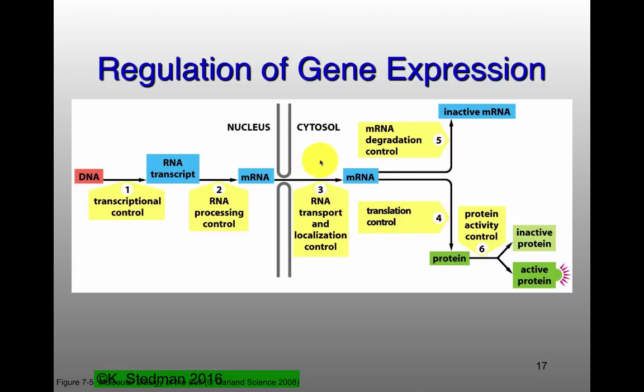How stable your messenger RNA is can determine how much protein you have, how much it gets translated, and then finally, this activity control, the very last step in terms of activity of a protein or lack of an active protein. This, of course, has happened way after you've made everything, so it's not terribly energetically efficient if you want to make a major change, but it's a very fast way of changing. And so we talked about signaling pathways, and a lot of these signaling pathways will have phosphorylation or GTPase activity or something like that, which is a very rapid kind of response that happens. But most of the regulation is happening here at the transcriptional level.